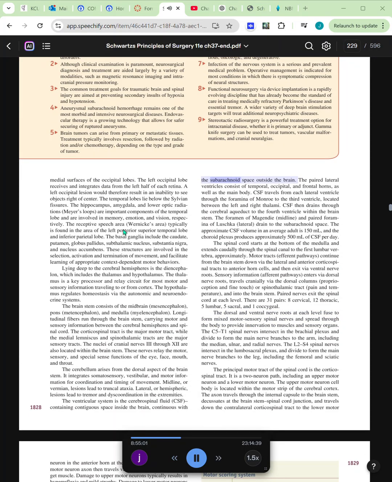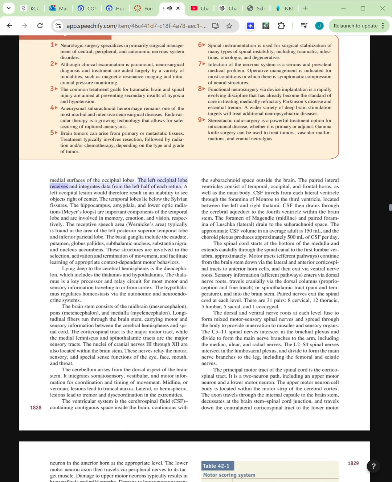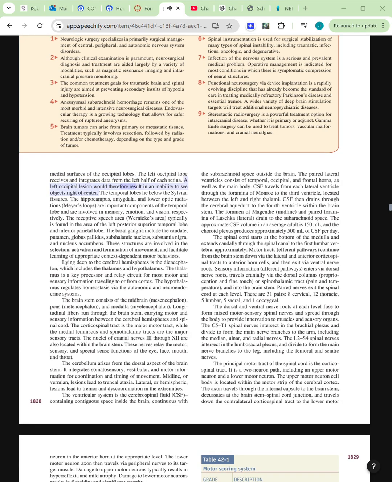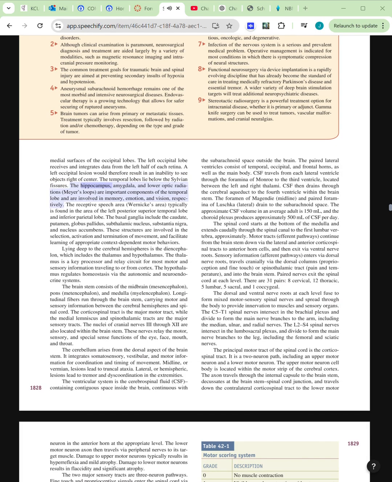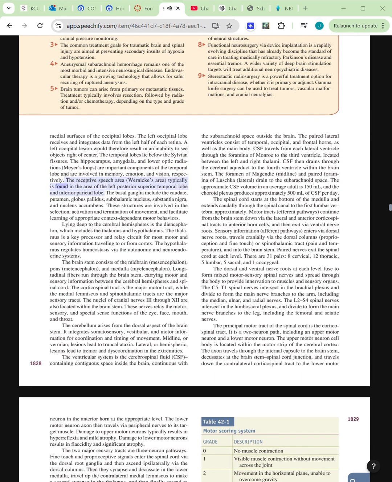The visual cortex lies on the medial surfaces of the occipital lobes. The left occipital lobe receives and integrates data from the left half of each retina. A left occipital lesion would therefore result in an inability to see objects right of center. The temporal lobes lie below the sylvian fissures. The hippocampus, amygdala, and lower optic radiations are important components of the temporal lobe and are involved in memory, emotion, and vision, respectively. The receptive speech area typically is found in the area of the left posterior superior temporal lobe